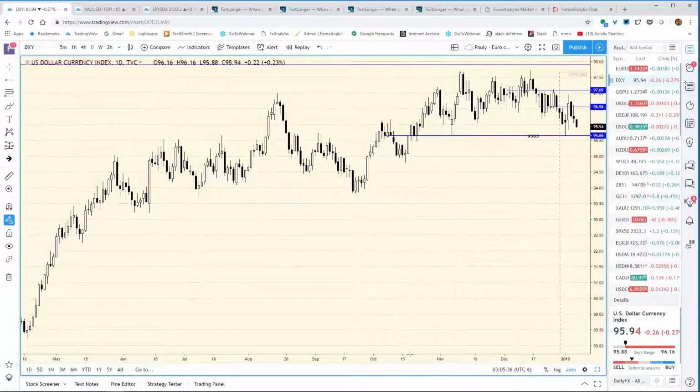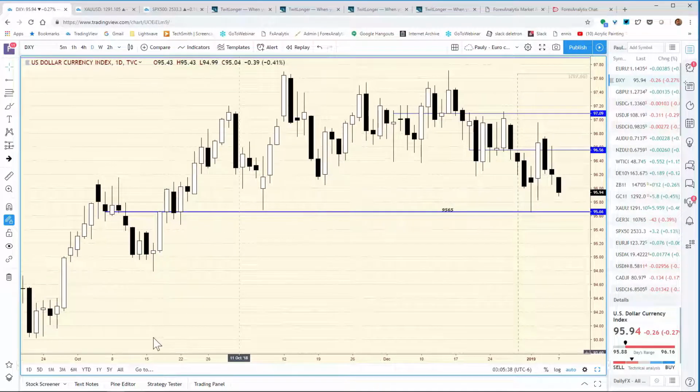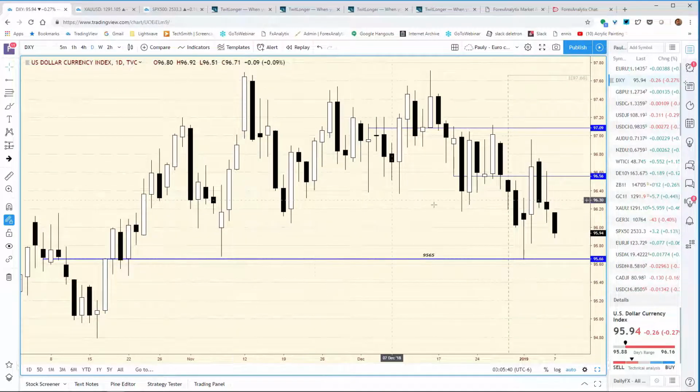Last week we were able to successfully defend this. Now we're looking at the daily chart on the cash dollar index on this 95.95. But as I mentioned, a bigger support is going to be 38, and we can potentially get to that. We were looking to want to be a fade of the dollar